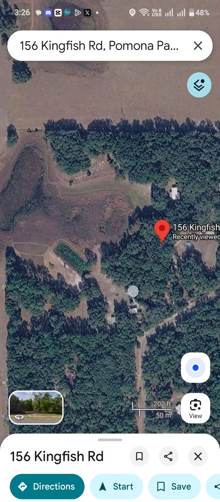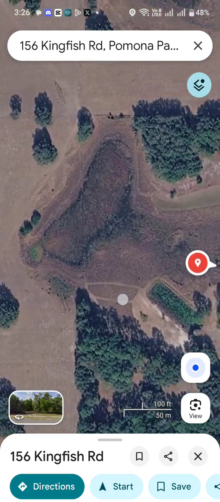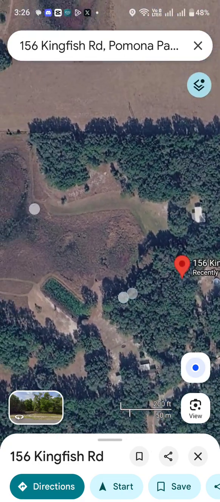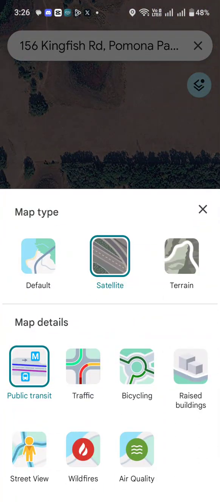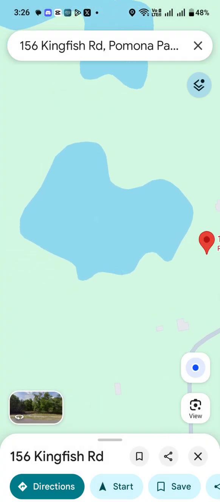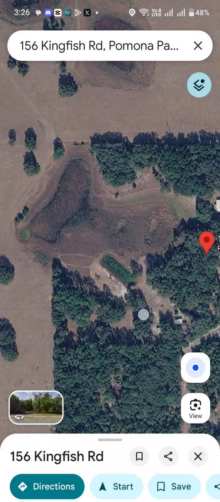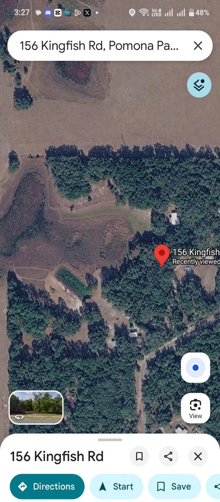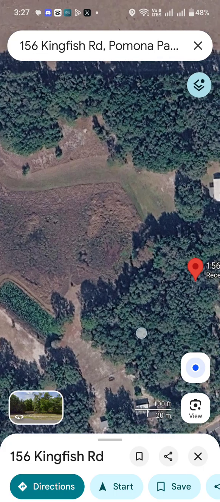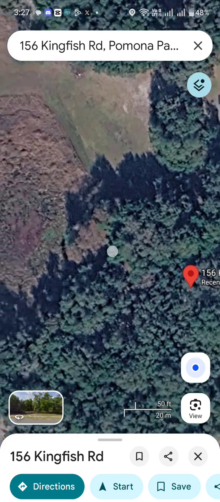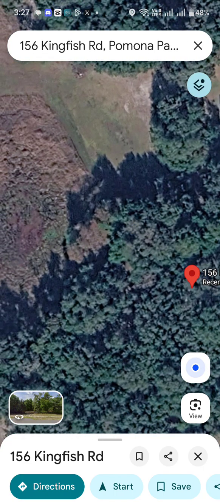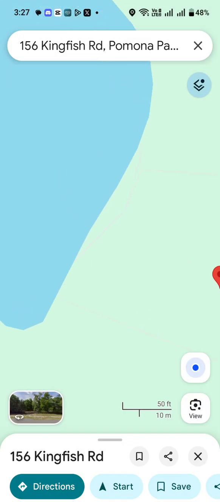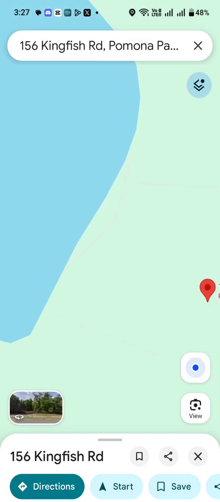You got to keep in mind, okay, now you see that this isn't just a patch of random thing. According to Google Maps, this used to be a pond, right? See, pond, satellite map, no pond. So you'll miss it, right? So just because we saw that our property line ran into that pond, we know that our property line ends somewhere around here, okay? Then we can toggle to default, boom, and see,